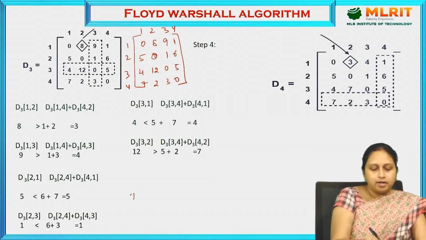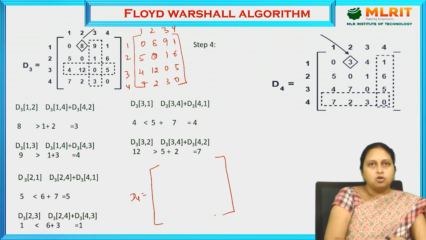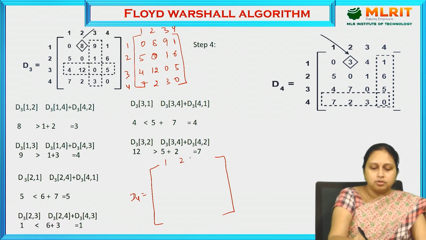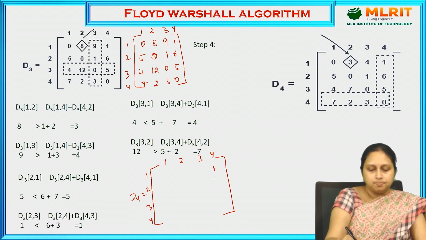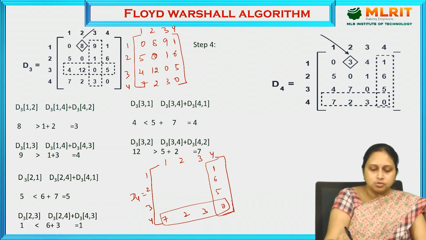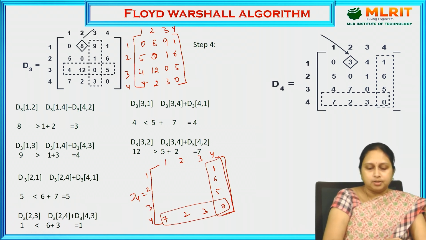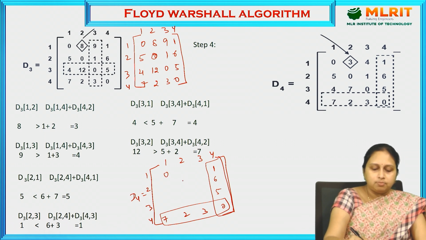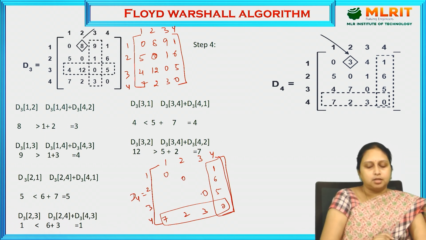Now we need to find the D4. For that, which vertex we need to take? Fourth vertex, row and column we need to consider. 1, 2, 3 and 4. What is the fourth row, column and vertex? 1, 6, 5, 0 and 7, 2, 3, 0, right? This row and this column we need to consider as a middle part of it, right? And the diagonal elements will always be 0, and we need to find the other